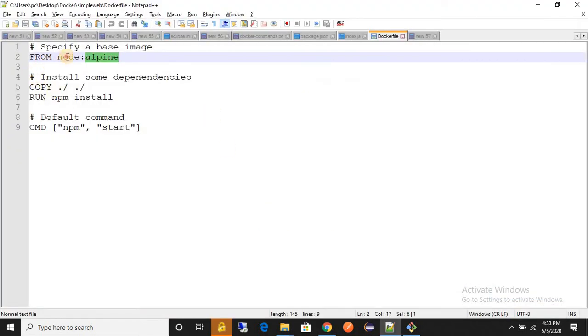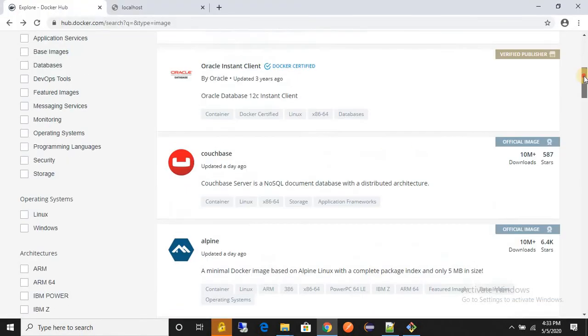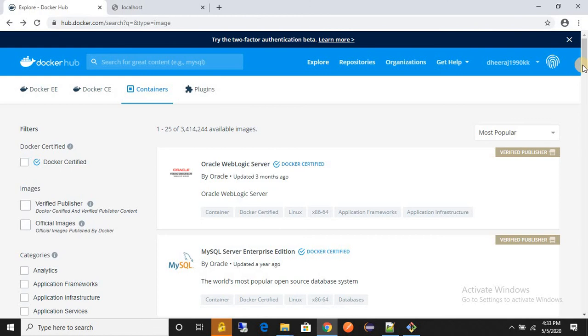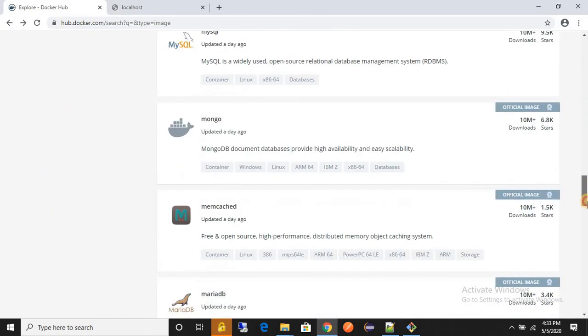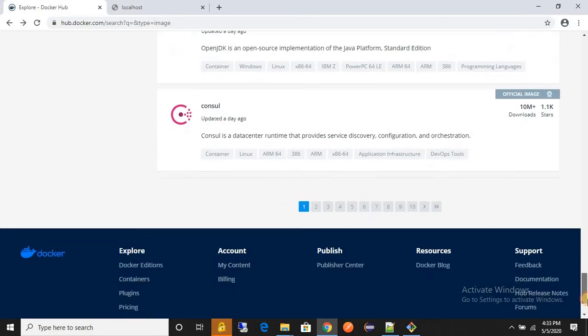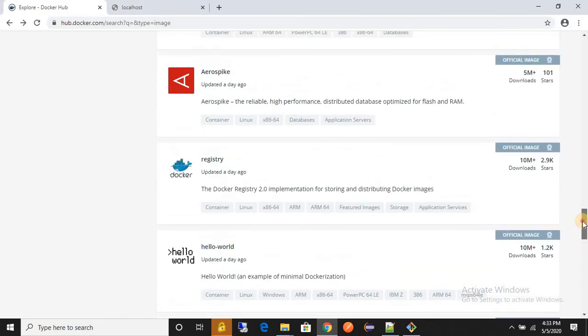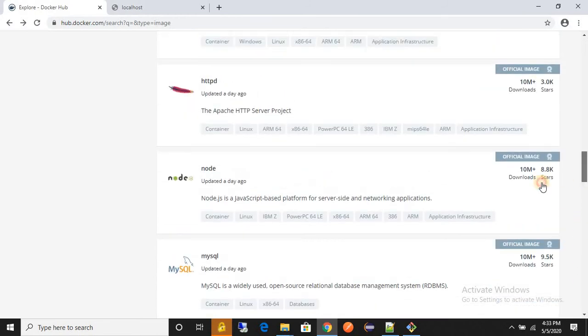And this node, what does this node do? If you see here, we have node also here. Just search here, you will get to know node. This is the node.